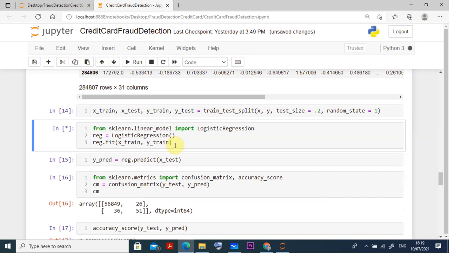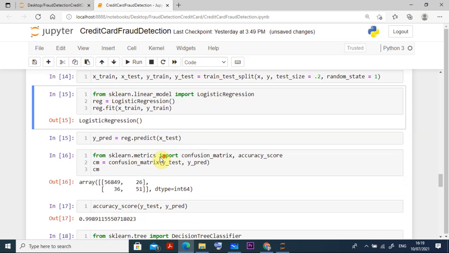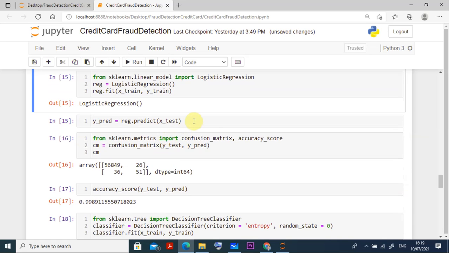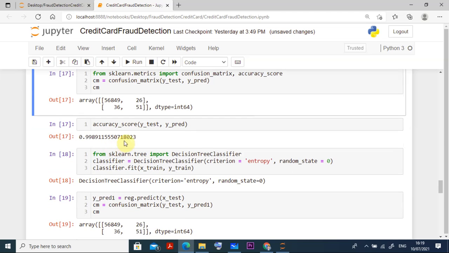You can see the star is there, it is running. When it is complete, it prints. It is also a successful run. The output has come. Then the y prediction for the first case also, Control Enter. Yeah, it has run successfully. Then this one also I am trying to run. Control Enter. It is also running successfully. You can see the output is coming. Then here also, first case I want the logistic regression.